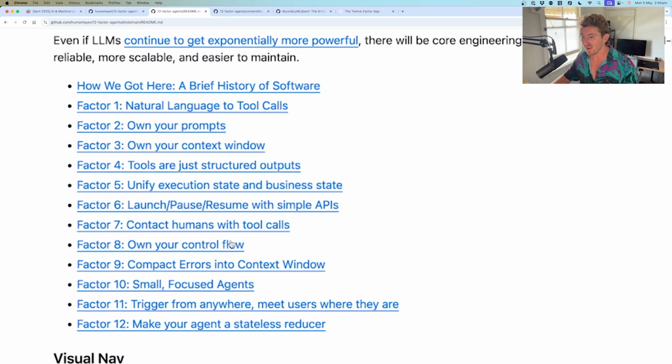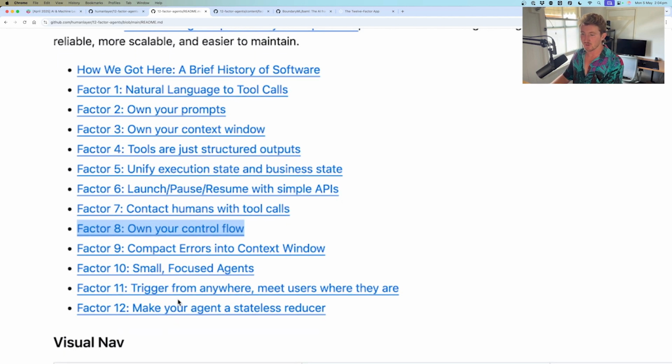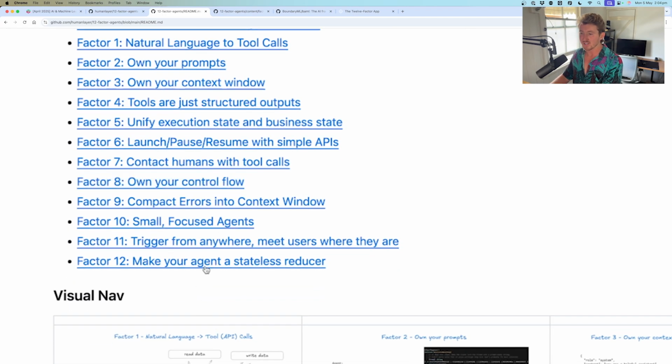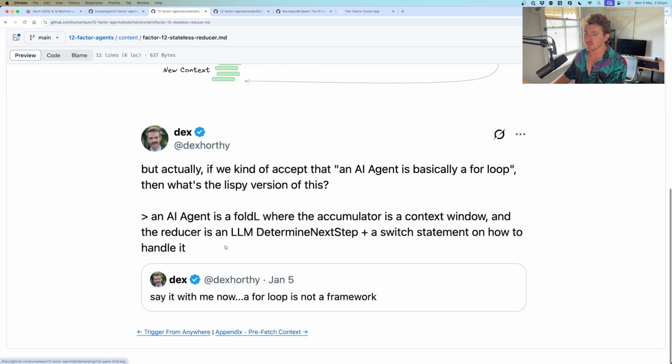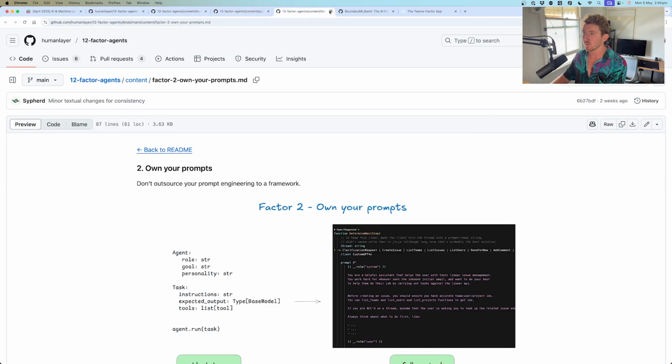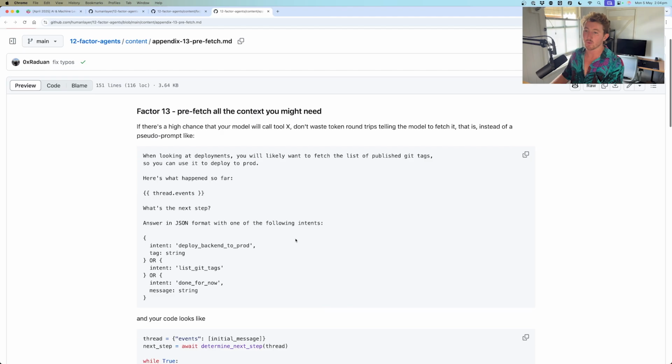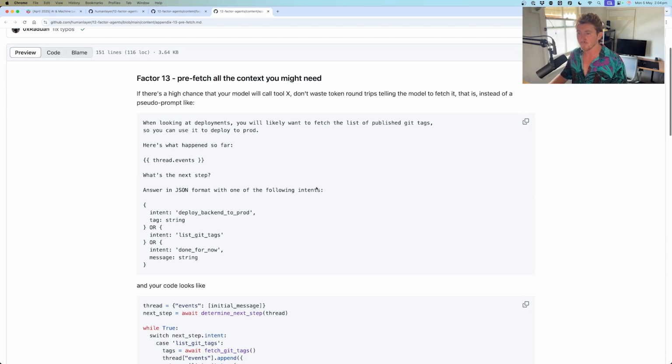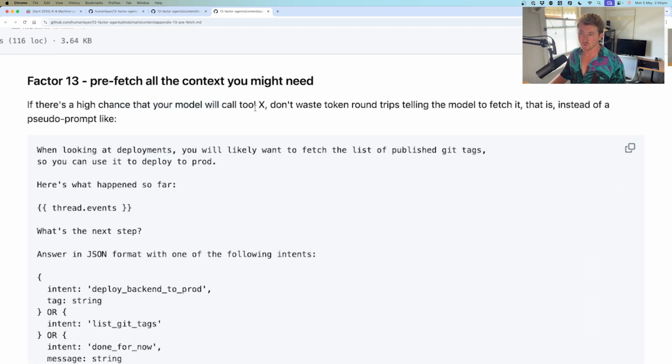Own your control flow. I think this factor 8 kind of builds into factor 2 and 3. Compact errors into the context window, small focused agents, trigger from anywhere, and make your agent a stateless reducer. There was a bonus one, factor 13, prefetch the context. Yeah, so this is, if you've done any prompt engineering, you'll kind of know this ahead of time, is prefetch all the context you might need. So if there's a high chance that your model will call tool X, don't waste token round trips